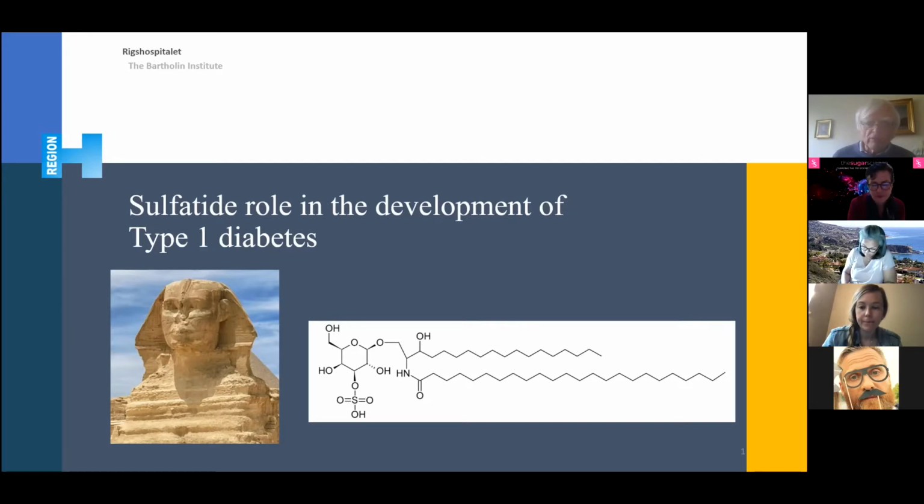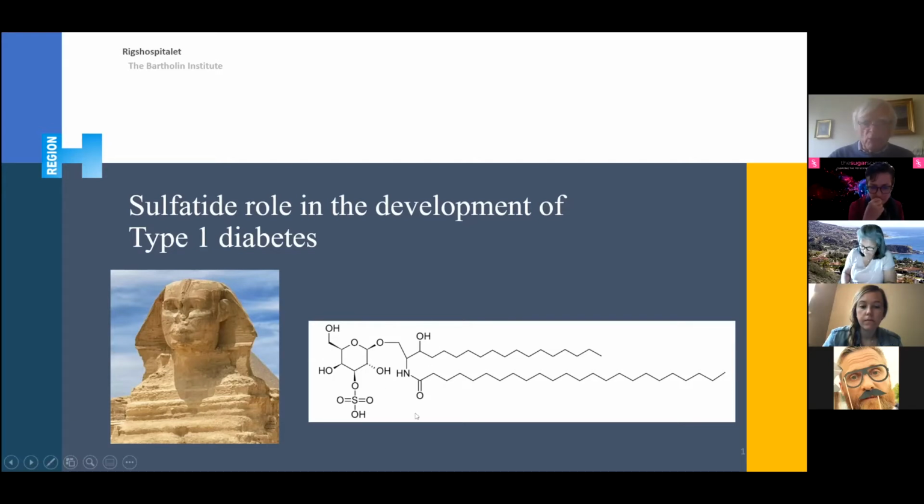It was discovered more than 100 years ago, and people did not know what it was, and therefore they named it after a sphinx, so it's called sphingolipids. And they're highly interesting molecules. They consist of a sugar group. Here it's galactose for sulfatide, but it could be glucose, and there could even be two sugars.